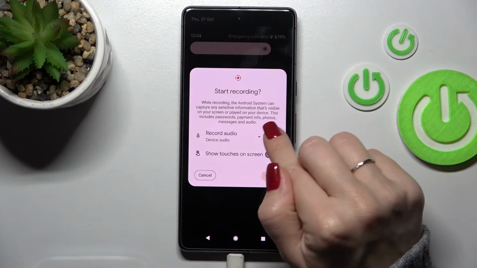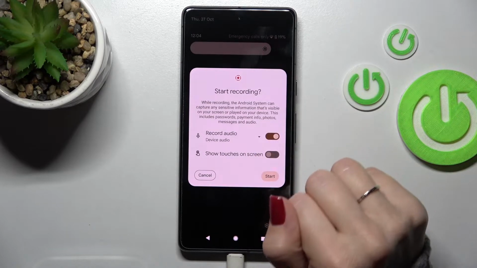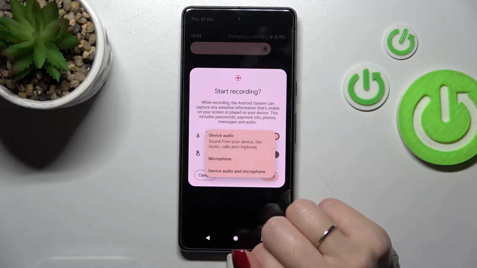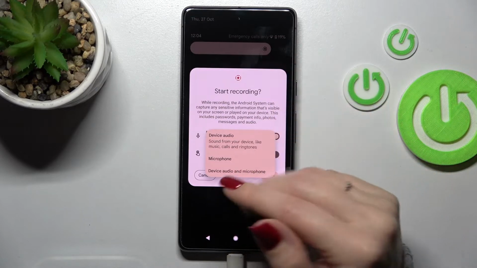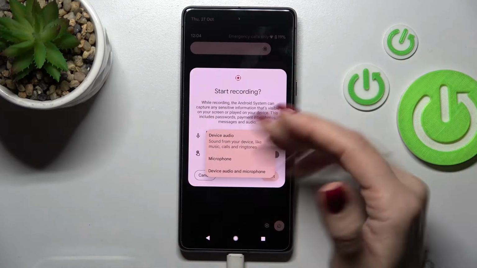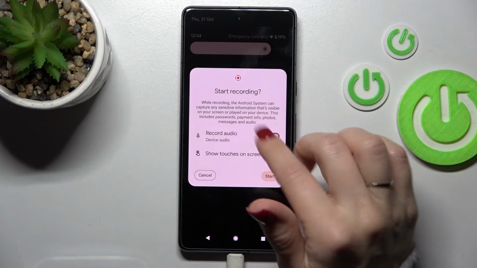record audio. So we can turn on this switcher to use the device audio. This means that all of the sounds from our device, like music, calls and ringtones, will be recorded in